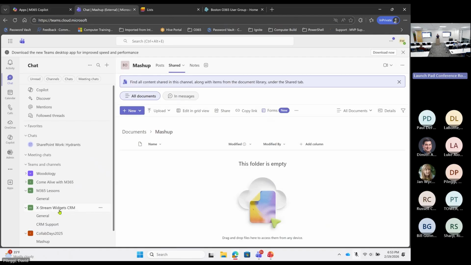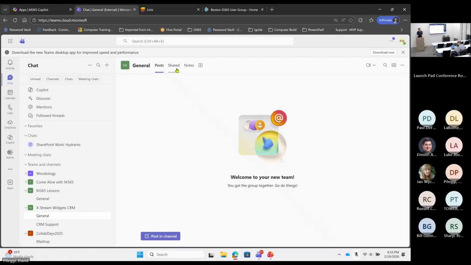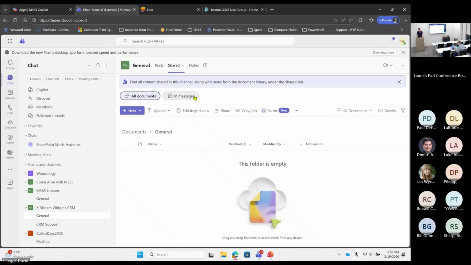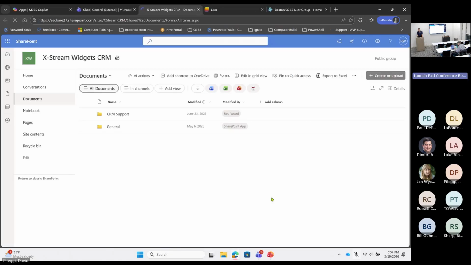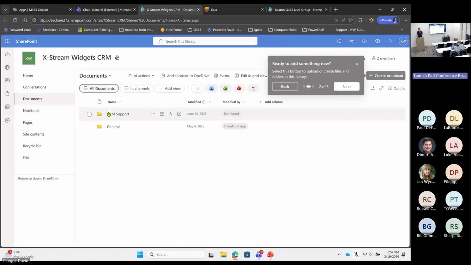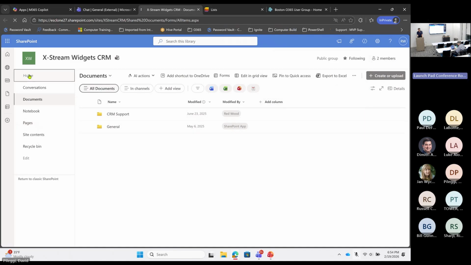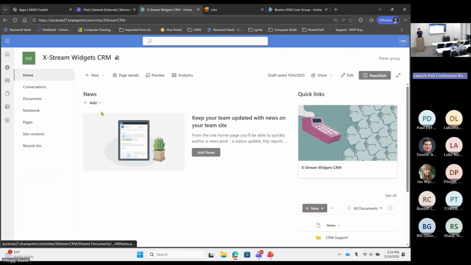Okay, so in my series, I built the CRM. I think I mentioned that a little bit earlier. So let's go ahead and open this in SharePoint. Let's see, open SharePoint, there we go. So just in case we don't have time, we'll be able to do that. All right. So over here, I created Extreme Widgets CRM,